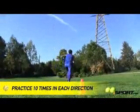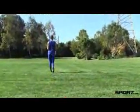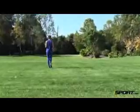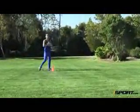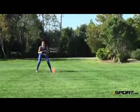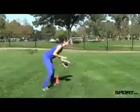After doing 10 of these drills in each direction, add a second cone to make the drill a little harder. Starting from the first cone, walk out about 20 yards and place the cone down. The outfielder will start at the second cone. The thrower will throw her a fly ball, but it will be short, forcing the outfielder to run in